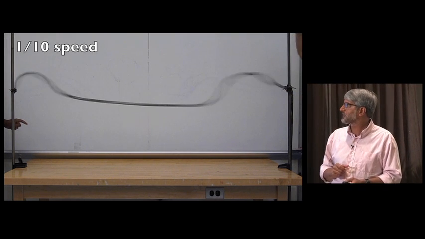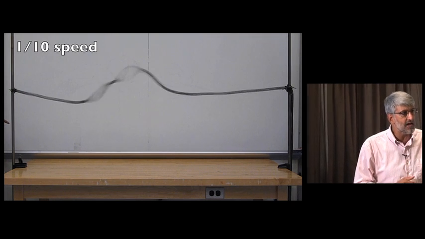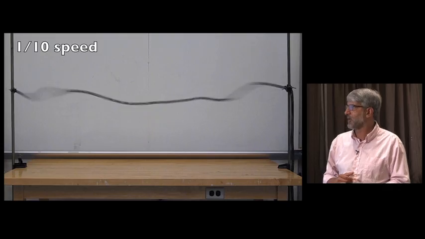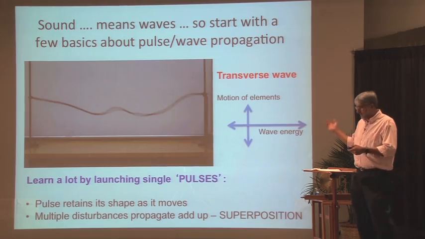Now watch two pulses, and as you watch them carefully, notice that they simply add up as they come together. They add up, they pass through one another, they add up, they pass through one another. The idea that's being shown here is a really important idea in physics, and it's the idea that I list here at the bottom called superposition, that the individual disturbances can add up together. And so these are some of the observations we can make.